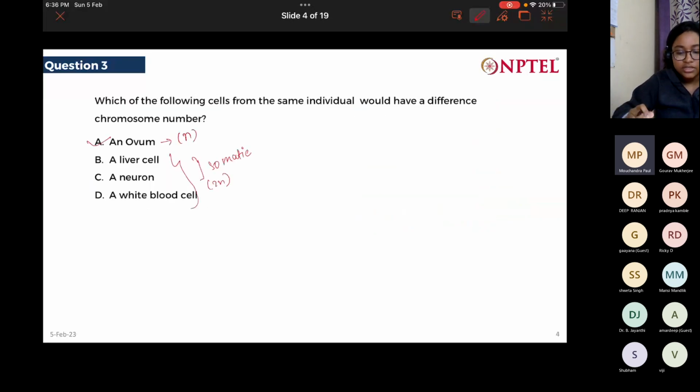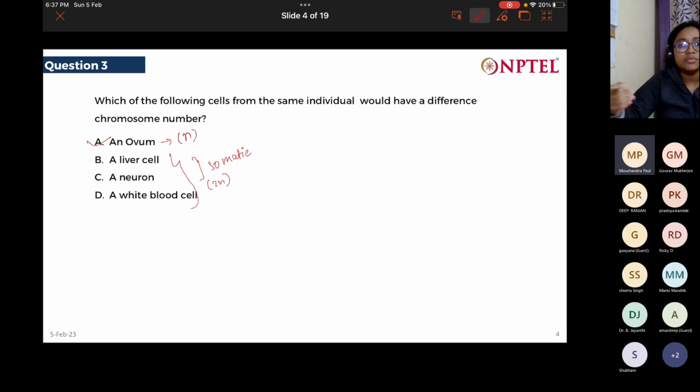Now the next question asks: among these 4 cell types, which one has a different chromosome number? The liver cells, neurons, and white blood cells are all somatic in nature, right? They are present in different tissues and play different roles. But the ovum is the gamete, and gametes are haploid in nature, which is why it is going to have a different chromosome number, because ultimately it is going to fuse with